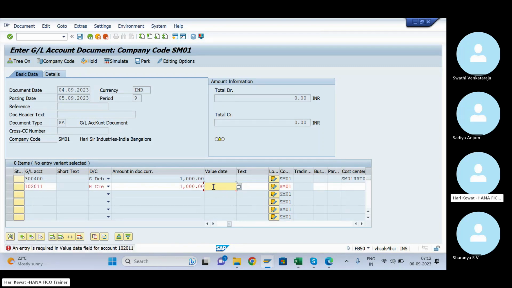Here, in the bank GL, the value date is mandatory. What is called the value date? Value date generally means from when the payment is effective. The effective date for the payment is known as the value date. Let's say I am giving you a check today, but from when can you encash that check? That date is known as the effective date. Let's say I gave the check today, but I'm telling you that this check is valid after 10 days.